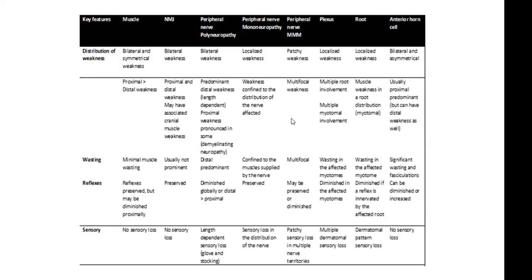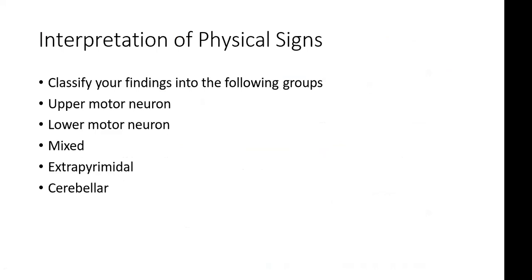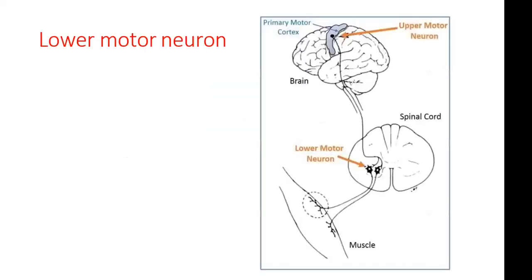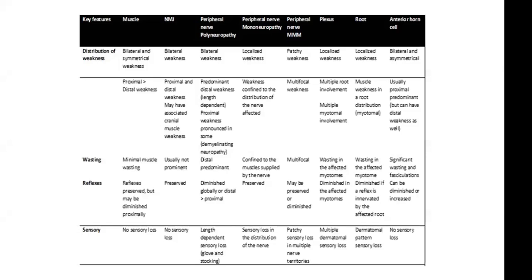So when you have an upper limb or lower limb examination, your first objective is to package it: upper motor neuron, lower motor neuron, mixed, extrapyramidal or cerebellum. If it's a lower motor neuron, you need to be more specific and tell the examiner or make a diagnosis, saying, could this be a muscle lesion? Could this be a neuromuscular junction? Could this be a polyneuropathy? Could this be a plexopathy? Could this be a root lesion? Could this be an anterior horn cell lesion? To do that,